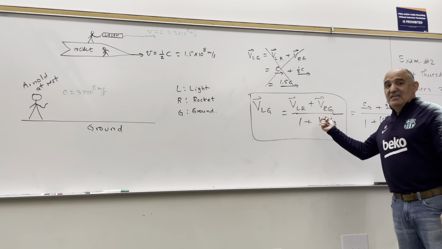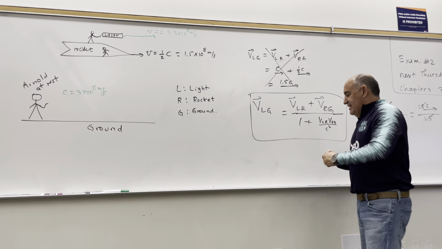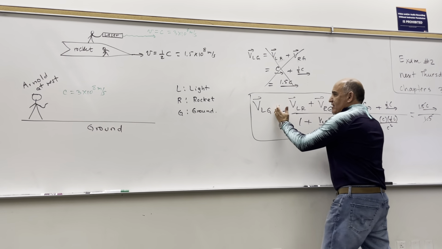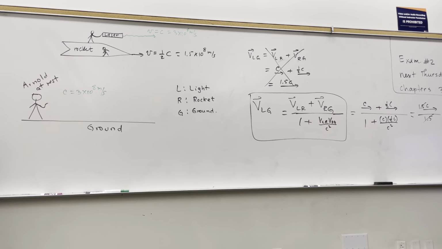So this is the correct equation that Einstein came up with for this relative velocity problem that we discussed in Phys 185, right? Just know that this formula that you learned in Phys 185 is really an approximation to the truth. The truth is that one. This is just an approximation. It is a good approximation the more slowly the objects move compared to the speed of light. But that one works always. This one works sometimes, when the things are moving at speeds that are small compared to the speed of light,